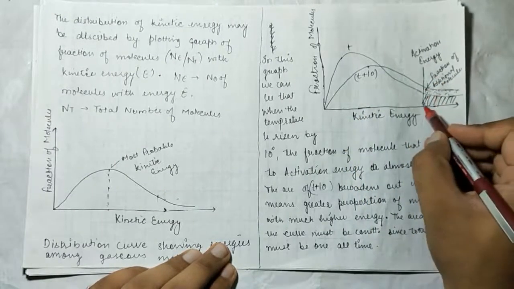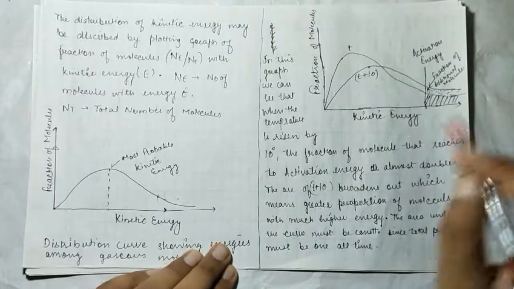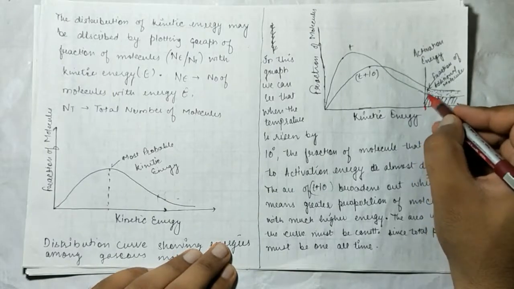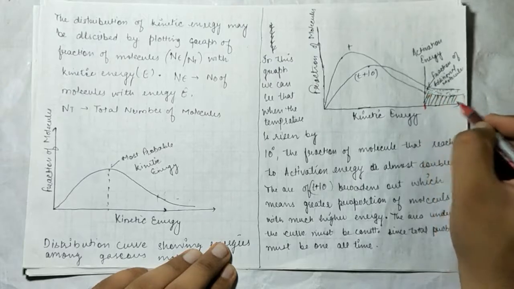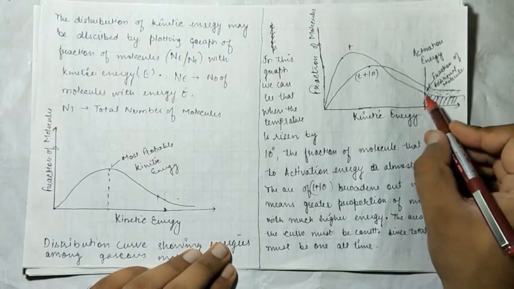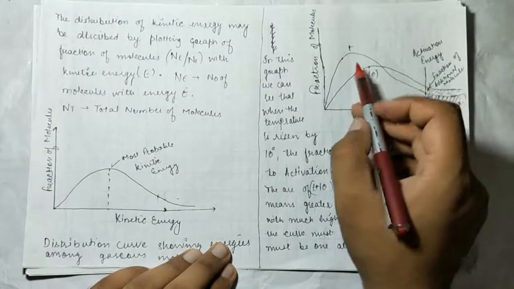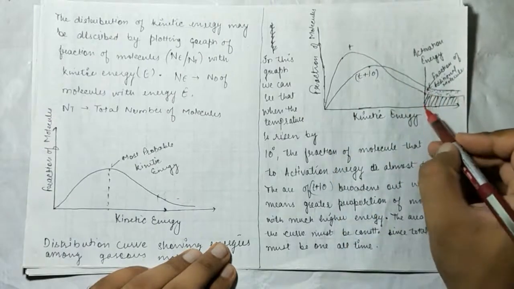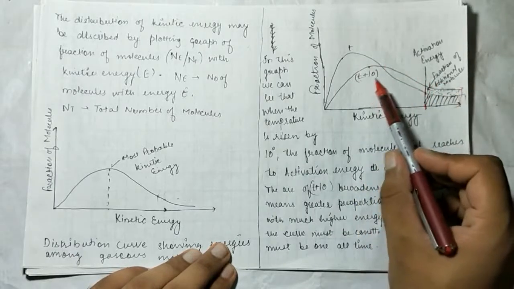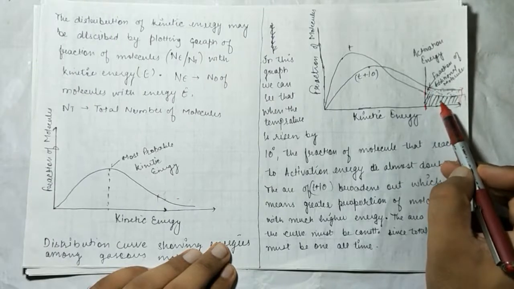ठीक है, अब यहाँ देखो जब T+10 था तो जो एक्टिवेशन एनर्जी है कंसिडर करो, ये है एक्टिवेशन एनर्जी, मतलब इससे पहले जितने मॉलिक्यूल्स है वो रिएक्शन कर ही नहीं पा रहे क्योंकि वो एक्टिवेशन एनर्जी तक नहीं पहुंचे। लेकिन यहाँ पे ये एक्टिवेशन एनर्जी है जिसपे ये सारे मॉलिक्यूल्स नीचे वाले और ये ऊपर वाले मॉलिक्यूल्स पहुंच गए। तो अगर हम इसमें देखें तो इसमें जो ये एरिया है, दिस इज द फ्रैक्शन ऑफ मॉलिक्यूल्स एट T टेम्परेचर, एंड अगर पूरा इस एरिया को कंसिडर करें, दिस इज द फ्रैक्शन ऑफ मॉलिक्यूल्स इन दिस टेम्परेचर, and this area is almost double this area, so we can say that